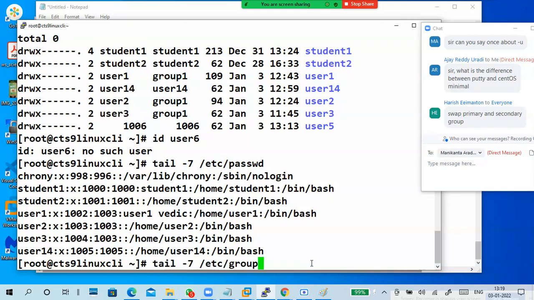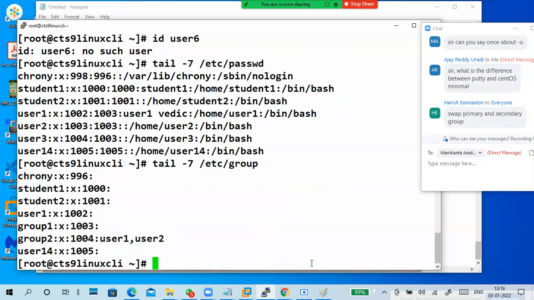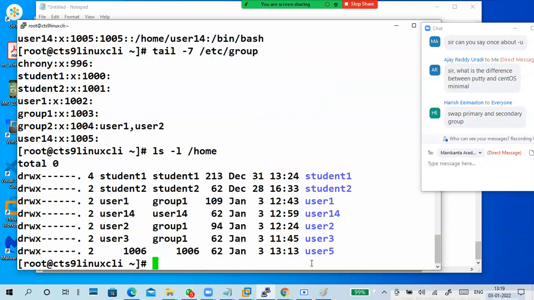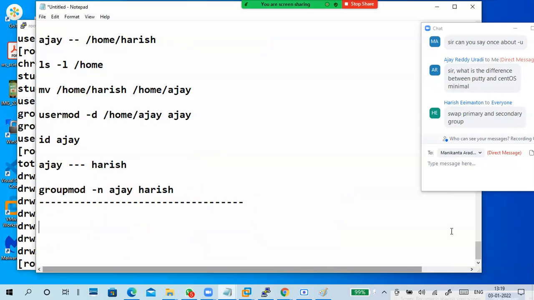Check with the group, gone from here, and the home directory also deleted. That is the difference between userdel and userdel with -r. -r is recursive, it deletes the user's home directory also. Guys, understand?